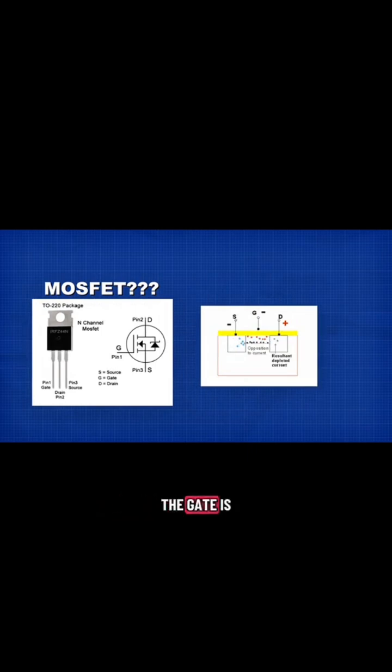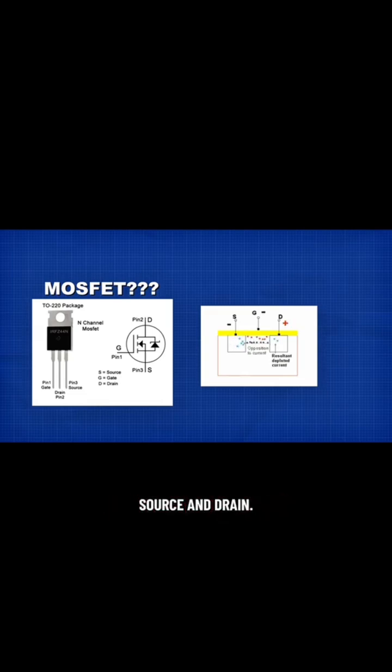terminal. The gate is separated from the channel by a very thin oxide layer, and this is very important because it means almost no current flows into the gate. Instead, the voltage applied to the gate creates an electric field, and that electric field controls whether current can flow